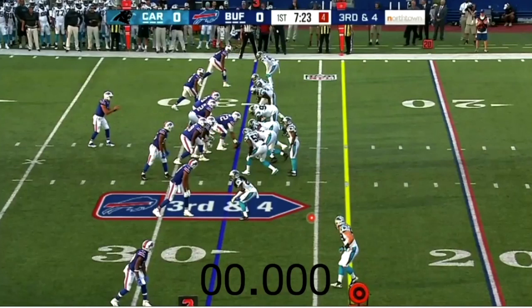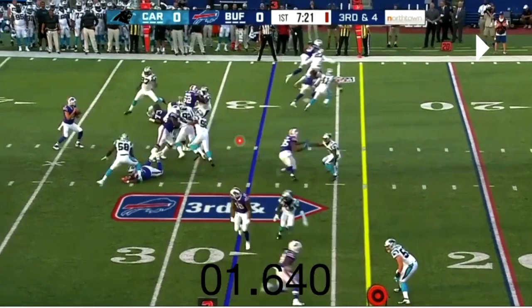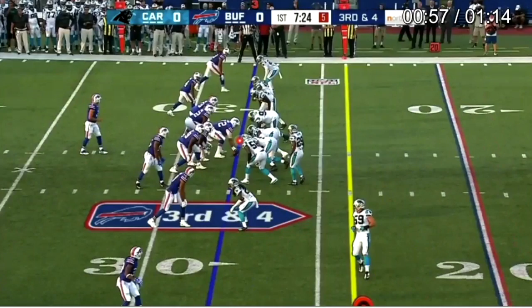And it looks like they are manned up across the board. Again, they motion that running back out there. It looks like man across the board and at least 5 guys on the line of scrimmage who appear to be blitzing. And they do send 5. And you'll see Clay to the middle of the field here. He does come open. But again, this was predetermined. And it's not a bad choice given Kelvin Benjamin, his size and his length, and the rhythm that he and